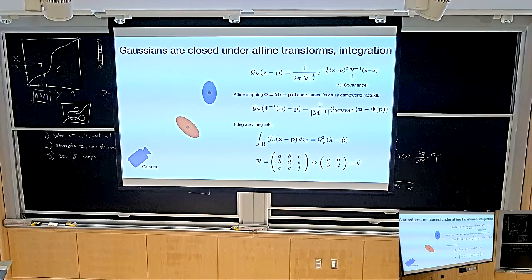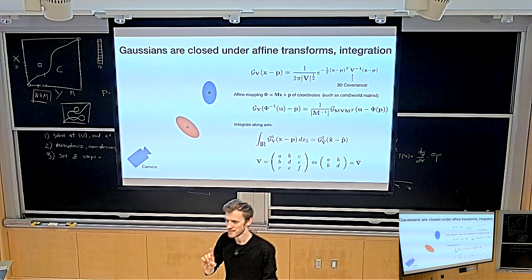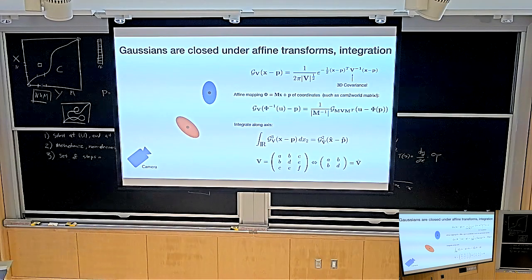So here's something that is non-obvious. I haven't derived it myself. Didn't have the time, but I would like to do that. It's probably quite fun. So this is really non-obvious. What you see here is saying we're going to be integrating our three-dimensional Gaussian, so G3V. V is the covariance matrix. 3 means it's a three-dimensional Gaussian, along the axis x2, which is meant like x0, x1, x2 are the 3 dimensions of the input. So if you integrate a Gaussian along one of the axes, then what comes out is again a Gaussian. And this is something that is non-obvious, and it's quite special. So Gaussians are closed under integration along one of their axes.